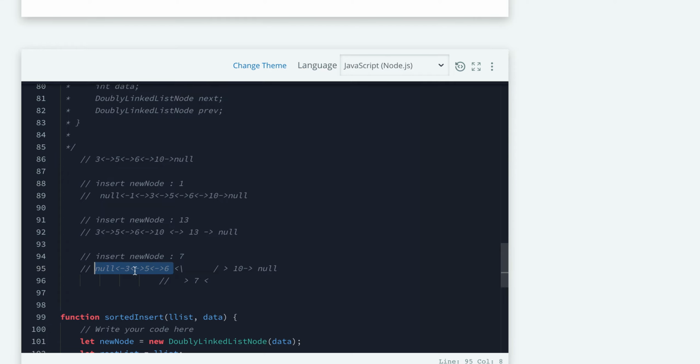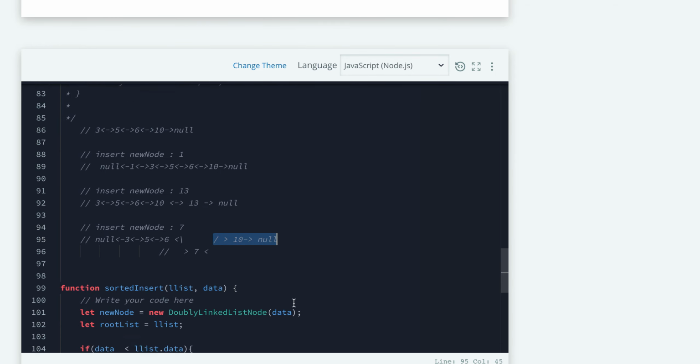The current linked list dot next was the rest of our linked list, meaning the next nodes. So next nodes dot previous will be our new node, and new node dot next will be our next nodes. That is how we can handle this case.